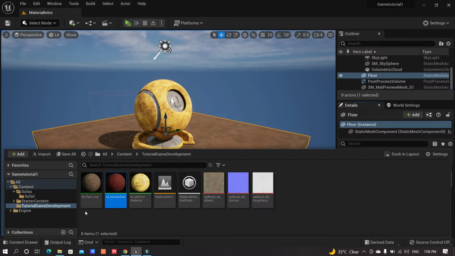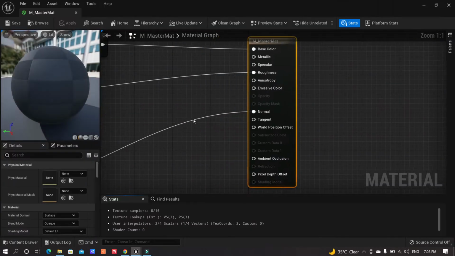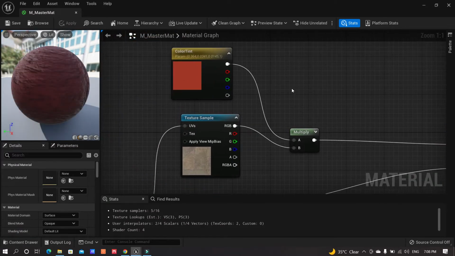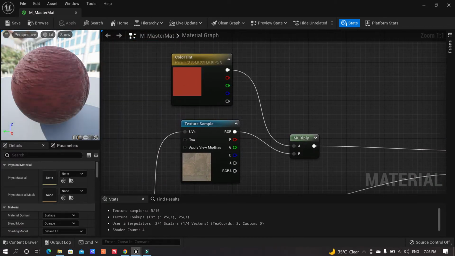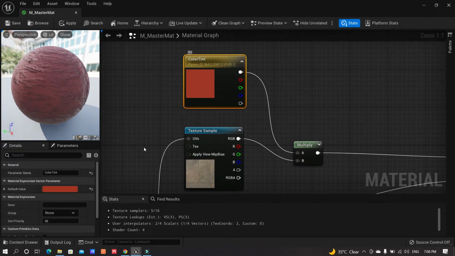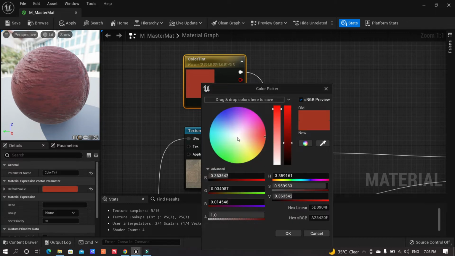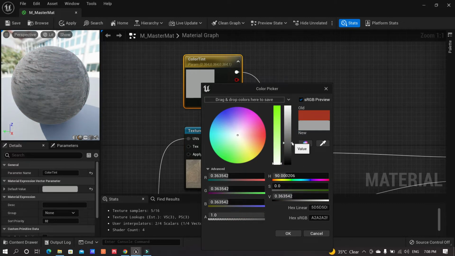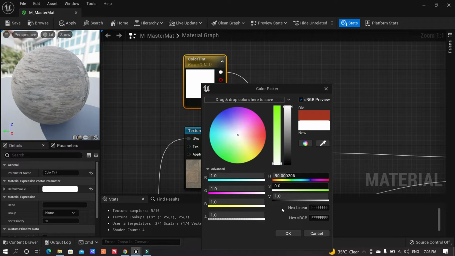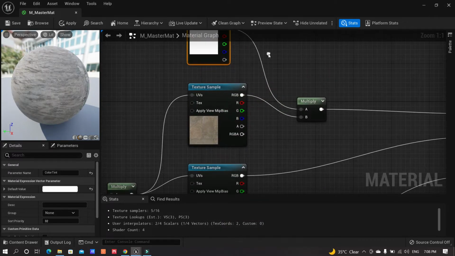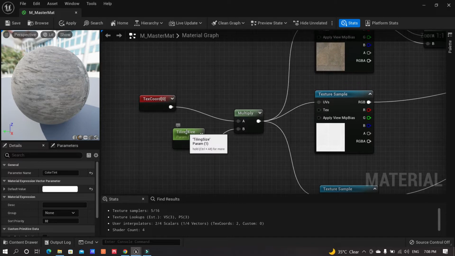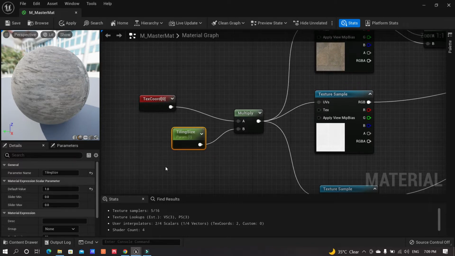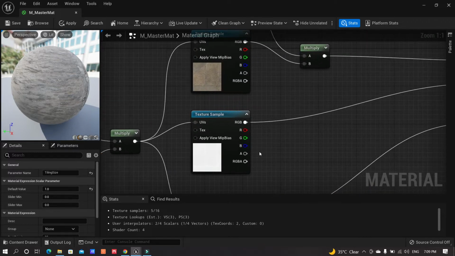There you go. Now let's double click our material, which is the same as before, and we're gonna do some changes here. We have already exposed our color tint as a parameter. For now, what we're gonna do to make it a default value is make it totally white. Let's just go to the color picker and make it totally white. So at the moment tint is totally white. We have the tiling size, which was 1 by default, which is correct. We're not gonna change it actually. However, now we're gonna